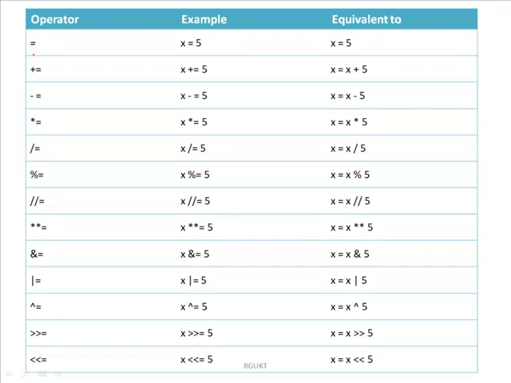So here are a few examples. Any operator combined with the assignment operator increases the particular value.